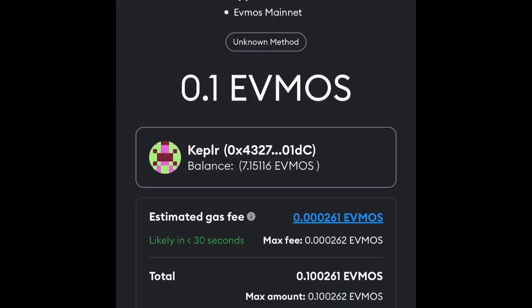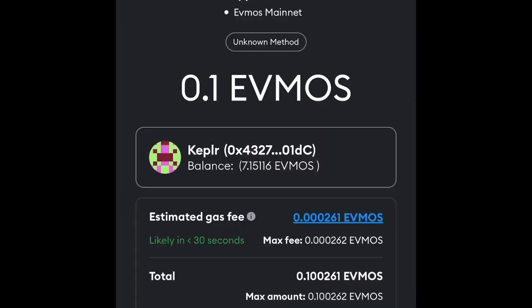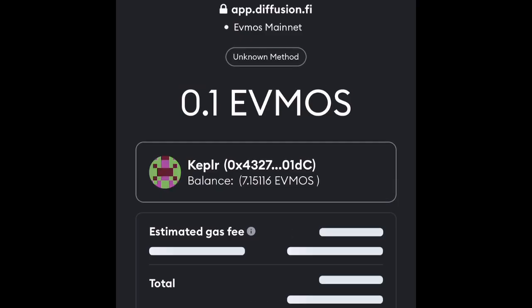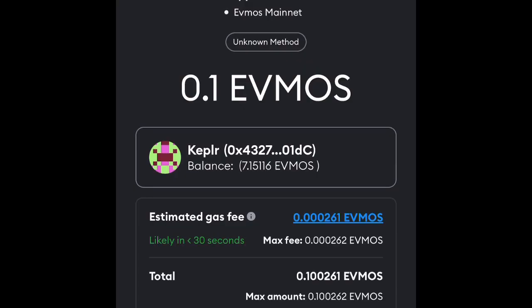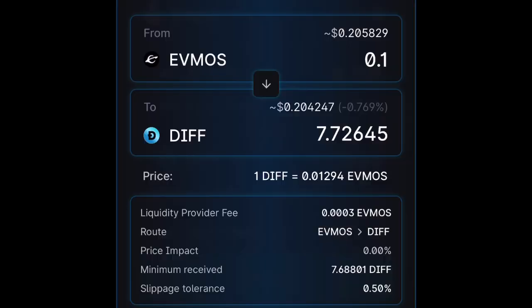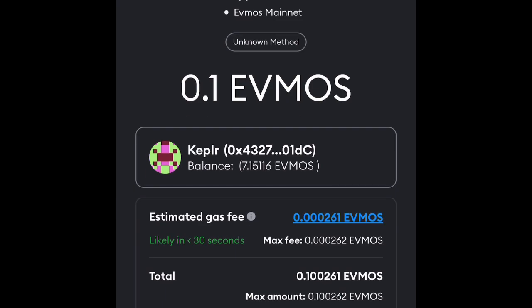Reinvest is to compound, claim reward is to claim, obviously, and delegate is to add more in. And I think undelegate is to take your coins out. And redelegate is to change, it's going to make you wait the 2 weeks of your unbonding period, but you could switch to another validator. So if you want to do half of it, you could redelegate half, or you could unstake half, whatever option you want to take. That's how you do it on here. I'm explaining the terminology on this wallet because I use Cosmostation a lot.